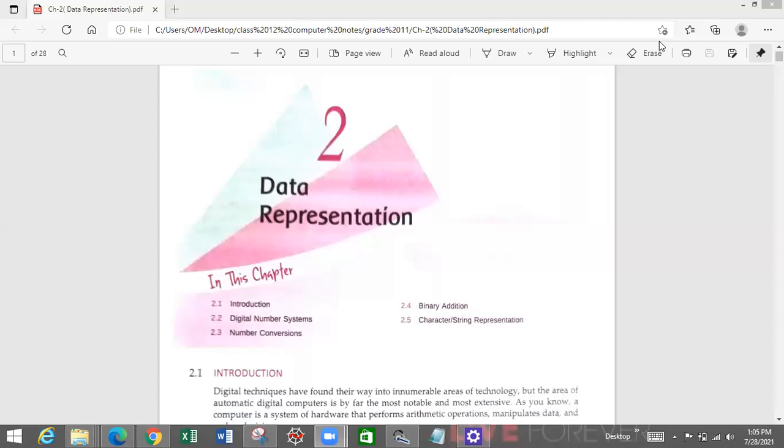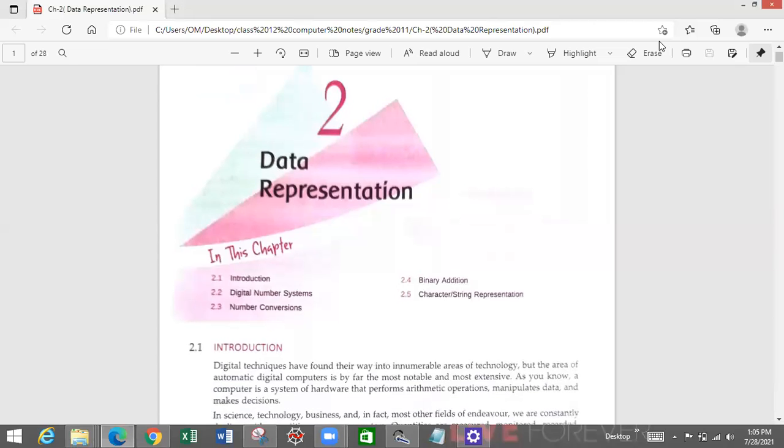So today in this chapter of data representation of grade 11 computer science, we'll be focusing on data. We have discussed a lot about this word. What do you mean by data? The raw facts and figures are called data. Now, when you think about computer and computing systems, data plays a central role. Without data, there is no computer. The data is there, then the computer processes the data and does something useful with it.